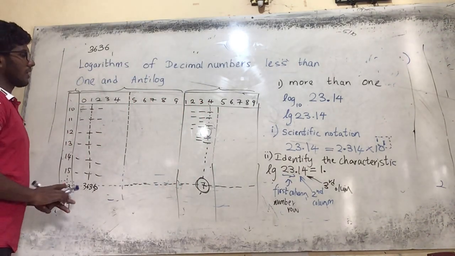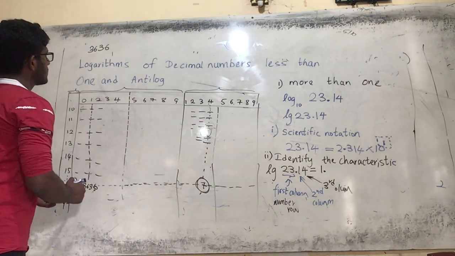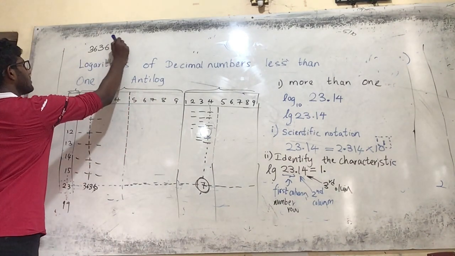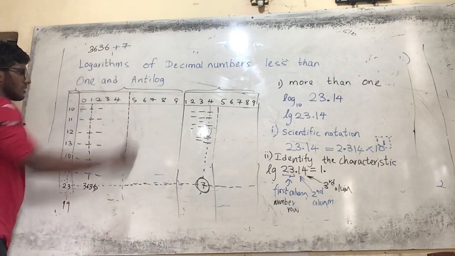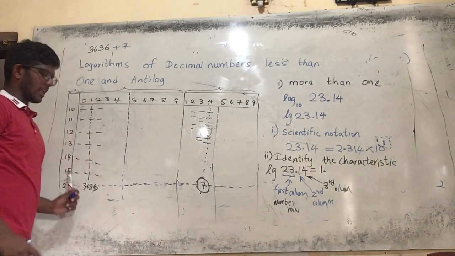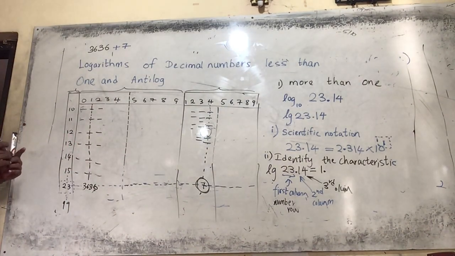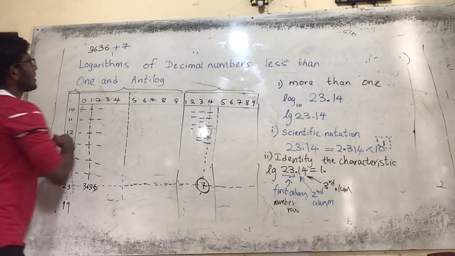So in the third column, you will find the number 7. Now you found number 7. What do you have to do? Come here and add to this. This number plus this number. You have to add the number which you got from here and there. Right? When you add, you will get